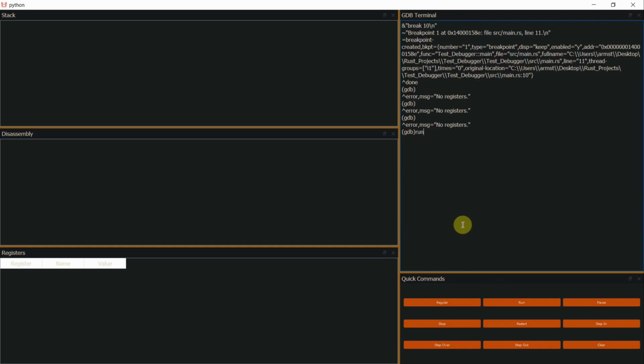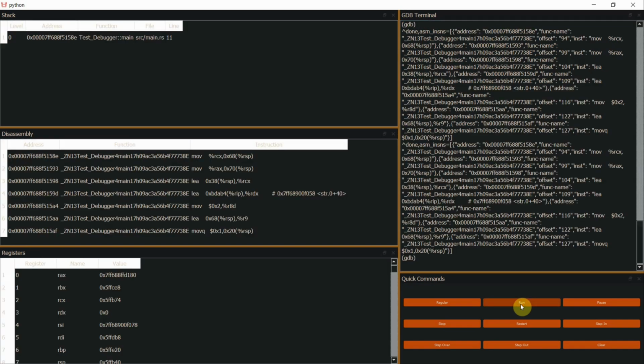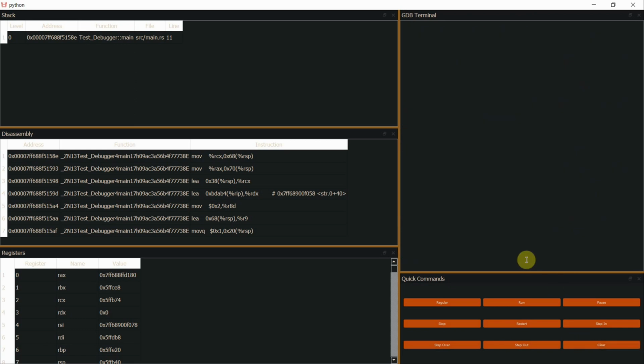then we run, or if you want, you could run from the shortcut key. So you have this option here, toggle the registers, so you could get the regular registers, or you could get all the registers from GDB/MI. You could run, you could pause, you could step, restart, step in, step over, step out, and of course clear the output. So if we do something like step over,